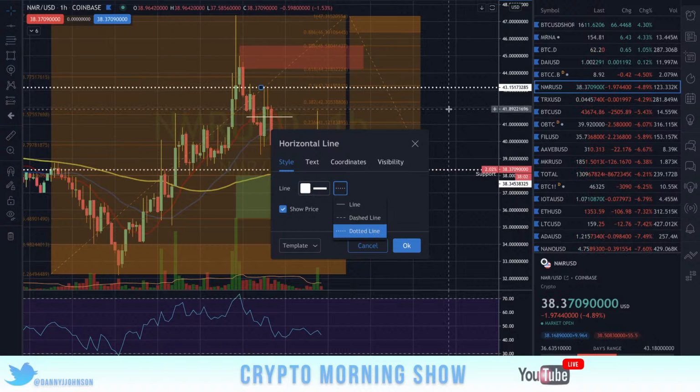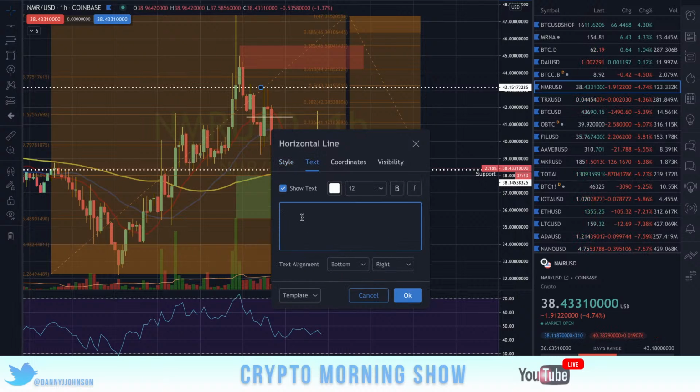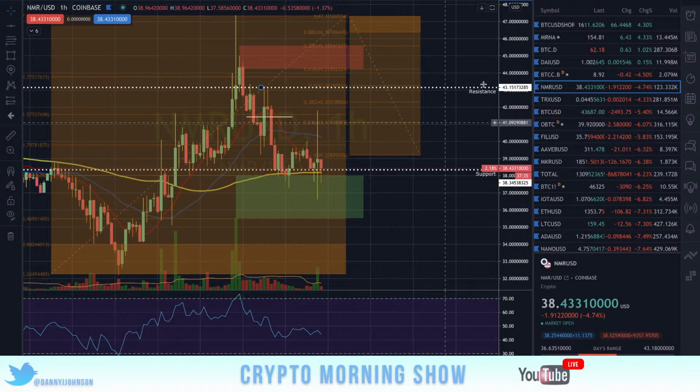So I want to see the other lines that may fall beneath it. You can change the color to whatever you want. You can add text to it, like we can say resistance. As you can tell, there's that misspelled. Thank you, computer, for telling me. Sorry about that. There we go. And you can make that label go in the center, whatever. So anyway, let's have our resistance level